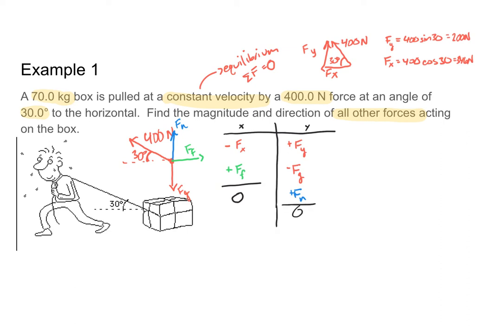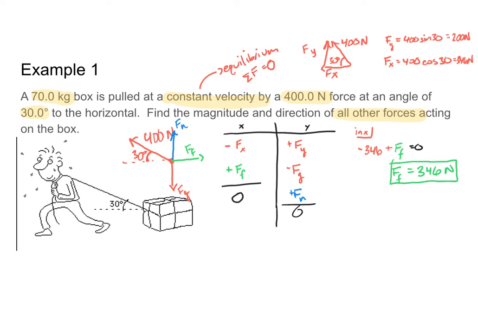Now that I have laid out the forces in the x and y direction, it's a little easier for me to write my equations for x and for y to allow me to solve for any of my missing forces. So in the x direction, I have the negative Fx, or negative 346 newtons, plus my unknown, my mystery frictional force. And when I add those together, what I get is that my net force is equal to 0. That means that my frictional force must be positive 346 newtons to balance out the x component of my applied